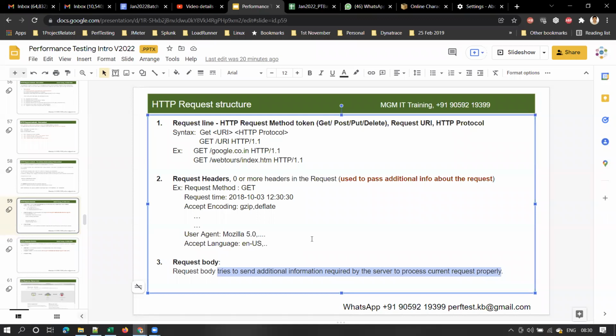Any queries over here? Can we move to HTTP response structure? If you understand these concepts, your scripting will be easy for you. When you go to the tool, that scripting will be a cakewalk to you.